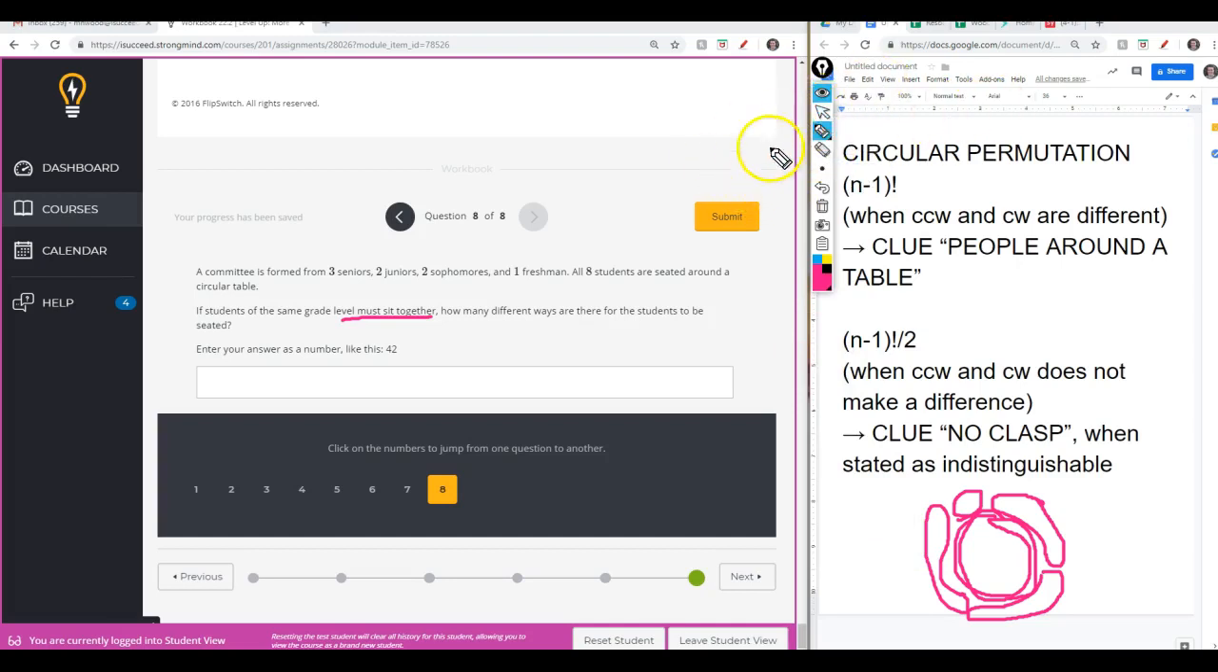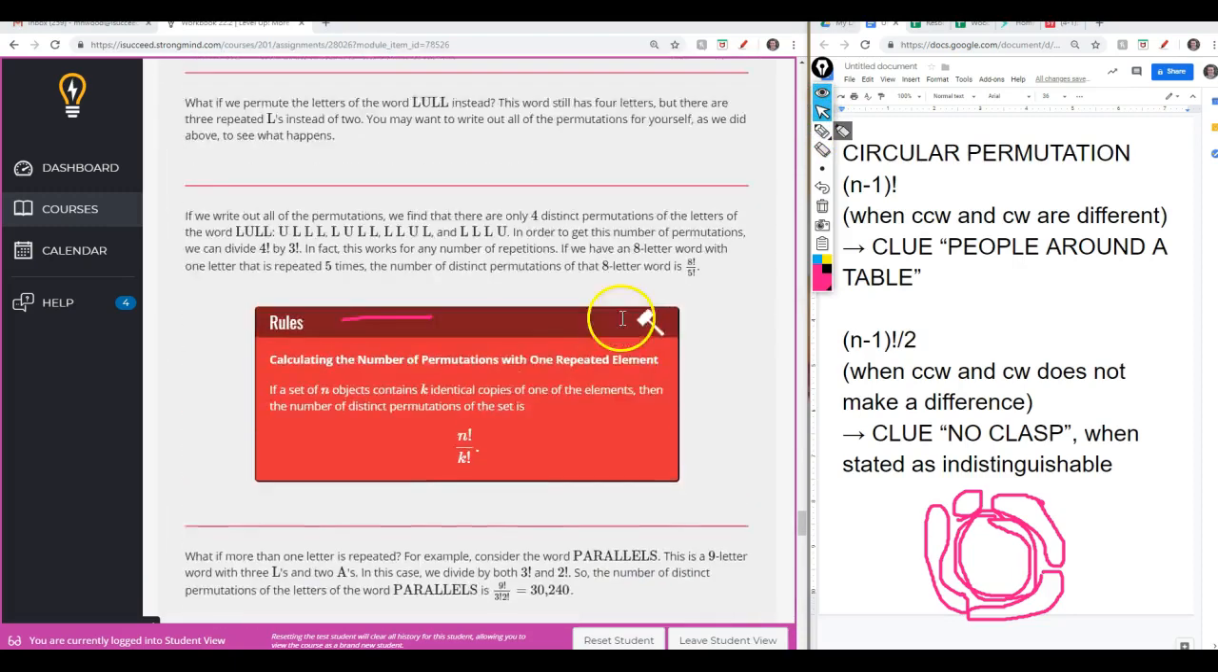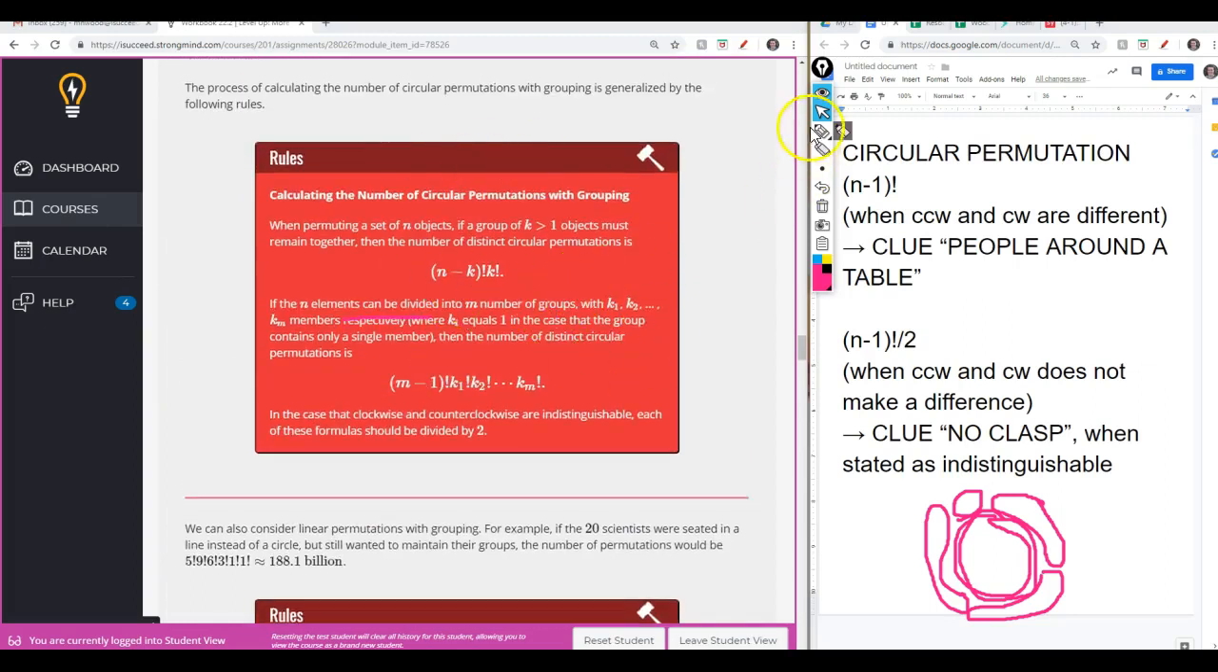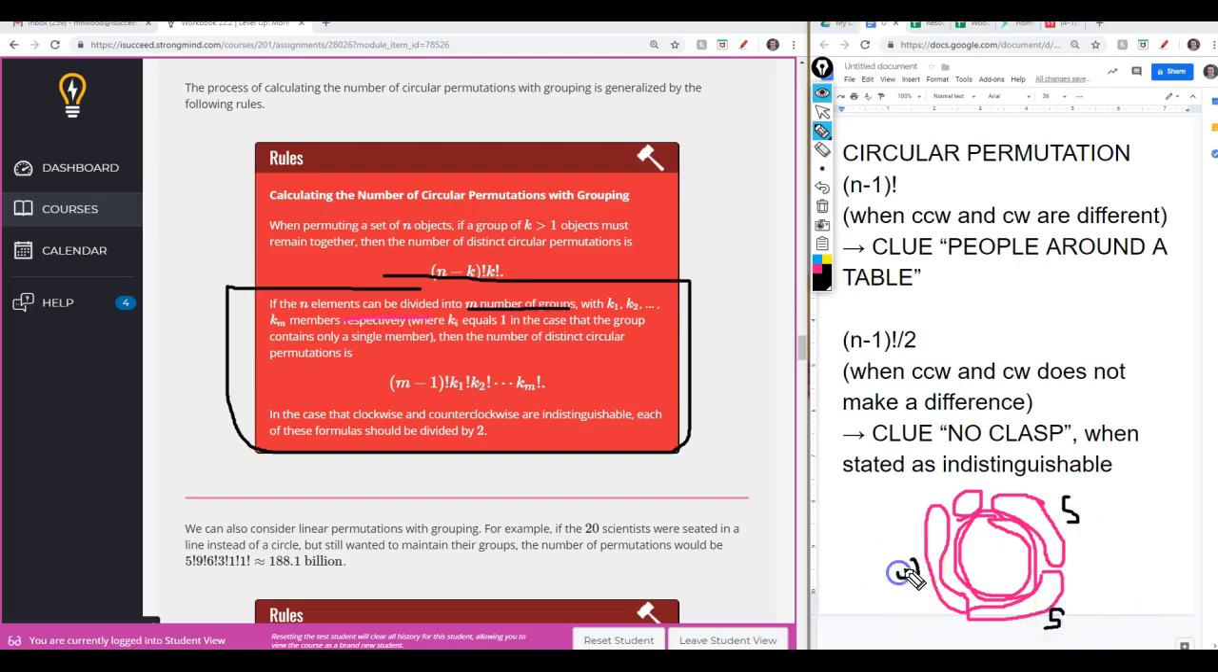So we have our circular, so I'm just going to jump back up here and I'll show you the formula that we're using. So on this one, we're using this formula right here because we can divide it into m number of groups. We can divide it into 4 groups. So even though there's 8 people, we can divide it into 4 groups because they all have to stay together. This is the seniors, this was the sophomores, juniors, sorry, whatever. You get what I'm saying, freshmen. They're all accounted for. They all have to stay together. It's the same group. So technically there's only 4 groups. So that's where we have our